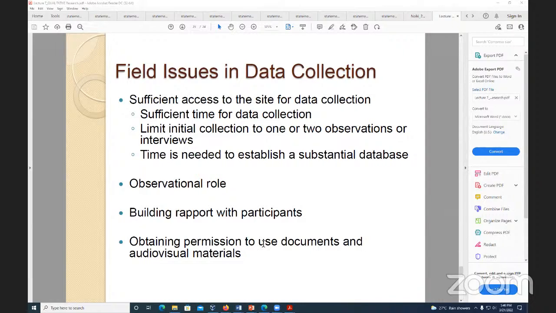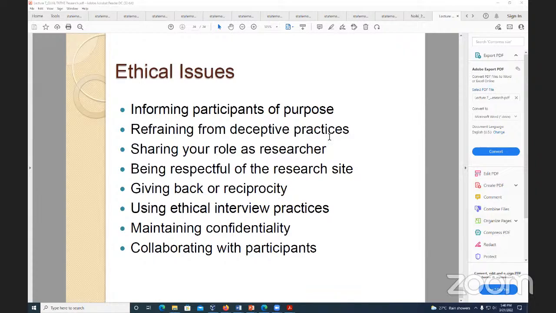We said this already, so I don't need to say it again. You need to obtain permission. I said that before. So there are a number of ethical issues. You need to inform people of the purpose of your study. Don't deceive. I did say when we talked about ethics that there are some examples where deception could be practiced, but all of those times you have to have gotten previous permission from an ethics committee, and those are rare. That's only when the project can only be done with that temporary deception.